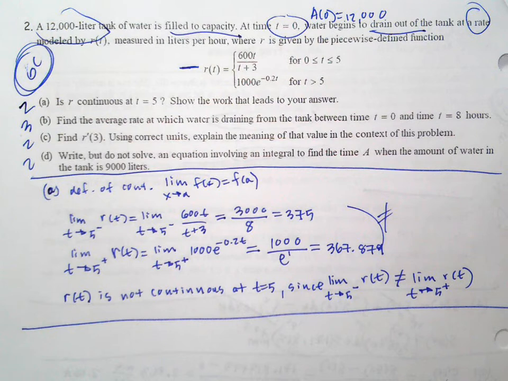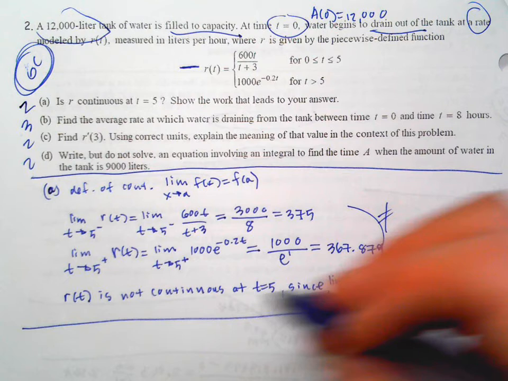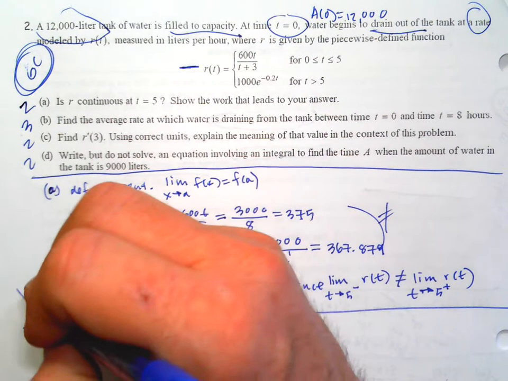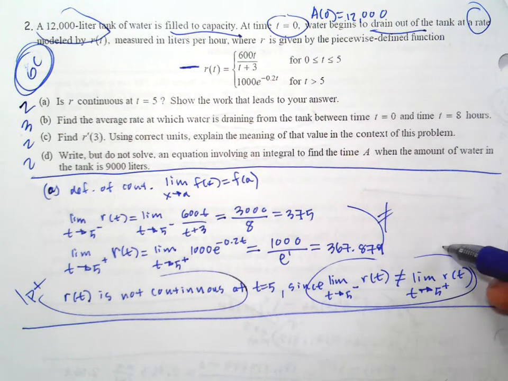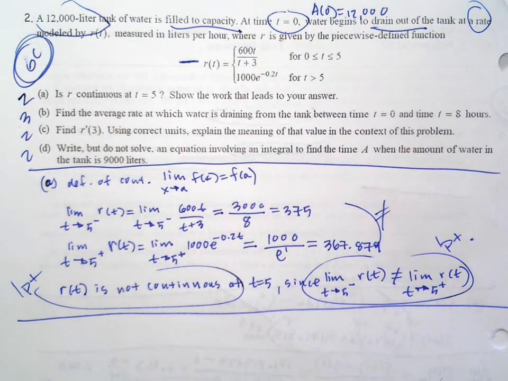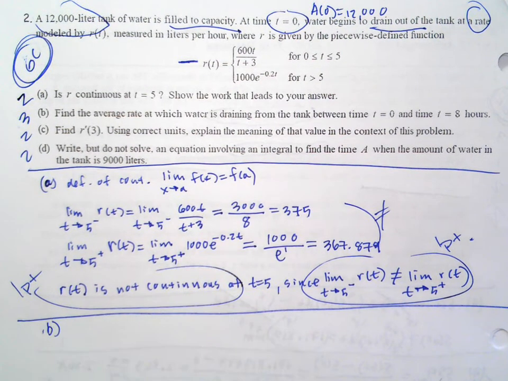So it was conclusion with analysis. They just said conclusion with analysis. So I think that it's not continuous is a point, and the reason for that is that the one-sided limits aren't equal, but you needed to show what they were to support that claim. B says find